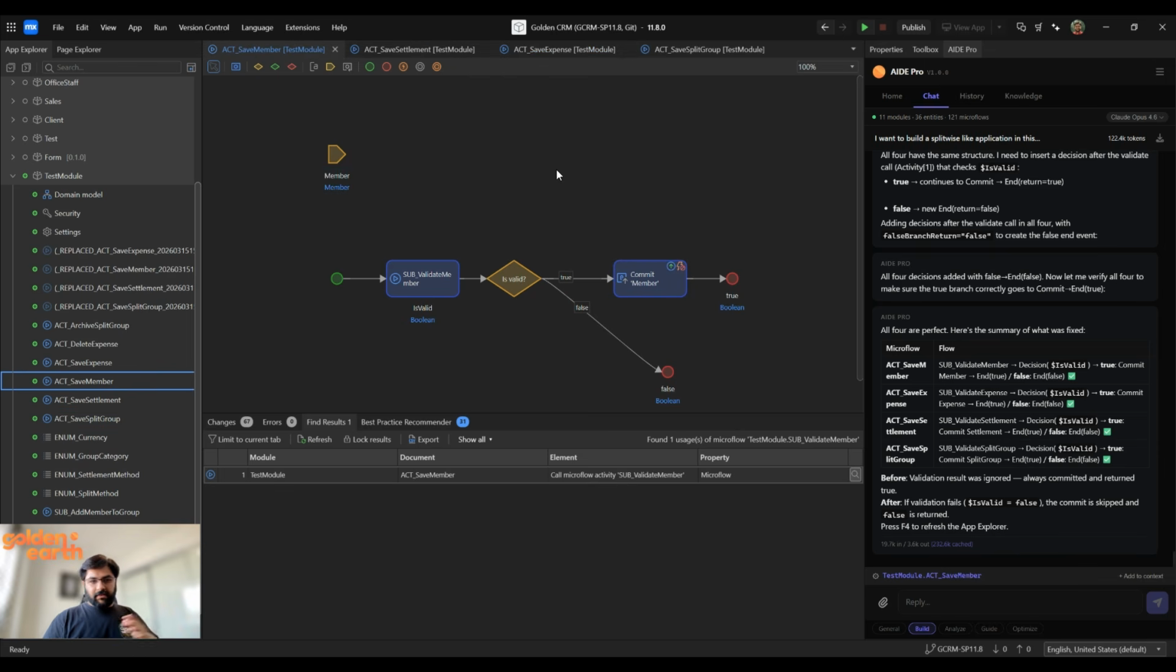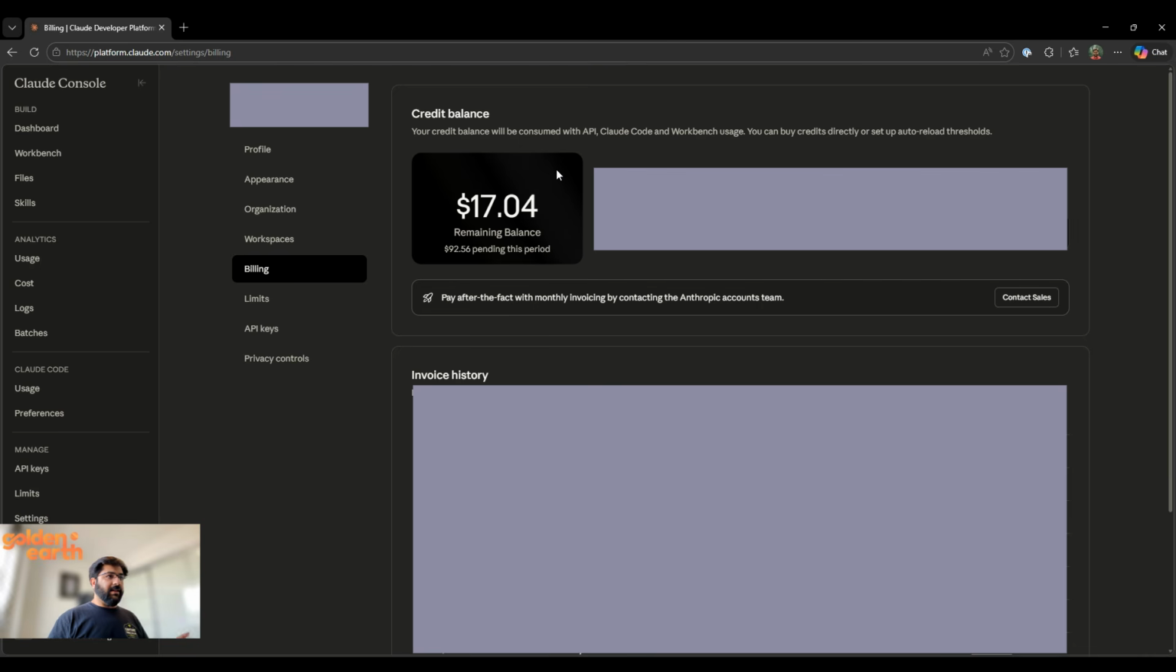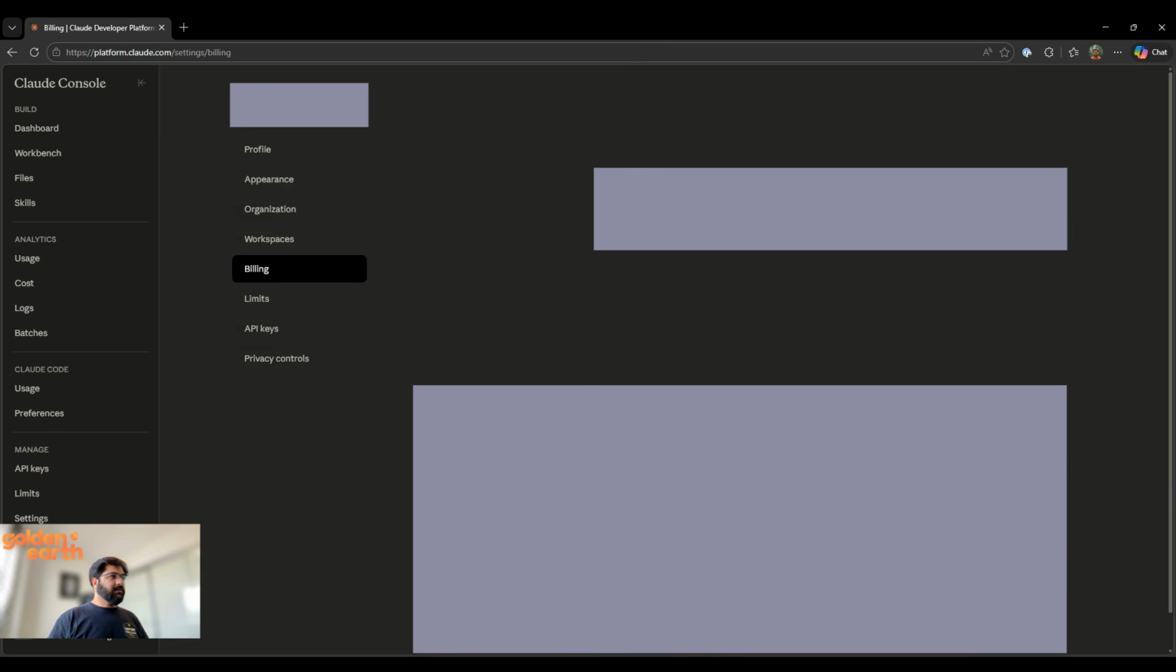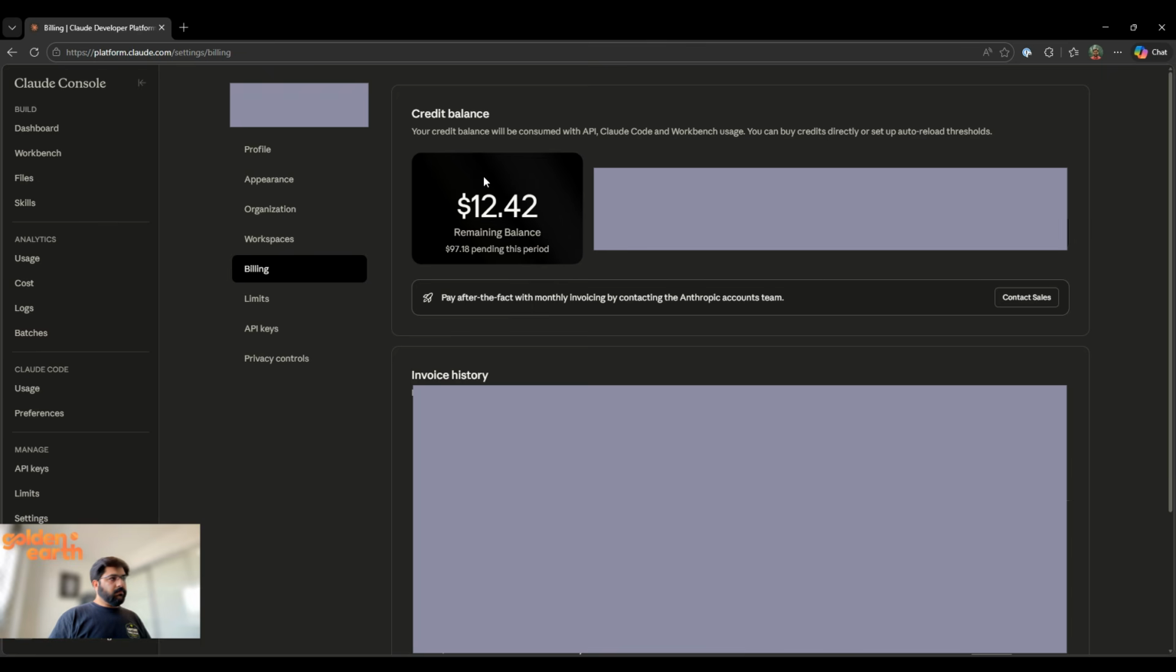This is still an ongoing improvement. It needs a lot of improvement, but now you've seen how it is doing it. Now we did phase two. Phase two had a lot of corrections that it needed. But we started at $17.04. So let me refresh this page and see where we are at. We're at $12.42, right? So we did not even use $5. So for almost $4.50, a little more, you were able to give